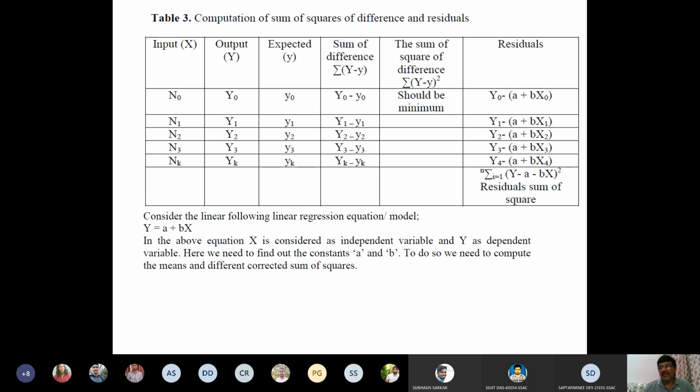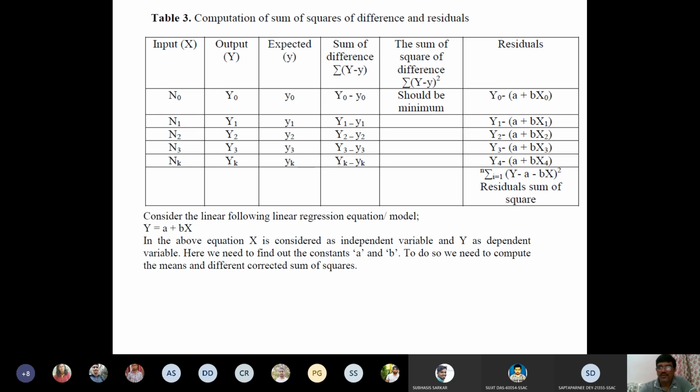You can see the things in the next table. In the first column, you have input, that is x: 0, 20, 40, whatever you have. Next column, output. This is your actual data recorded from the field experiment, represented by capital Y0, and so on. Then expected. This data is for the line, respective data, suppose it is y0, y1, represented by small y.